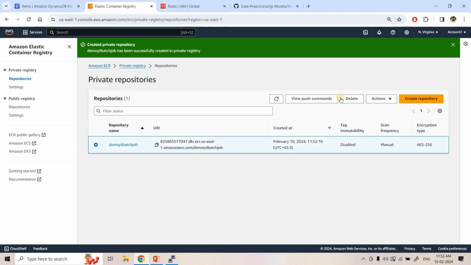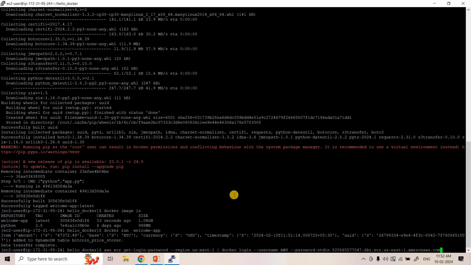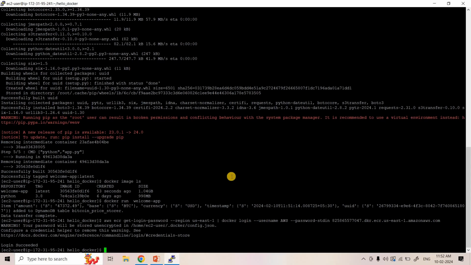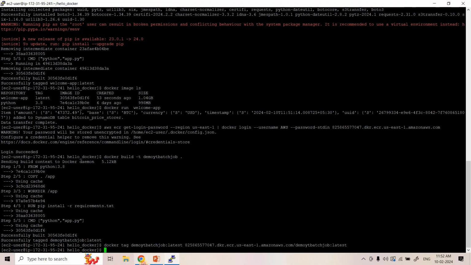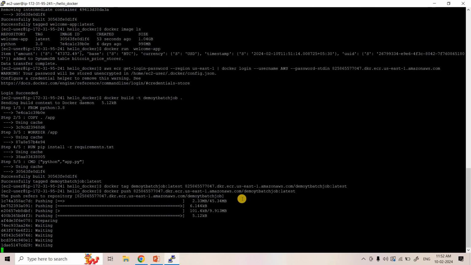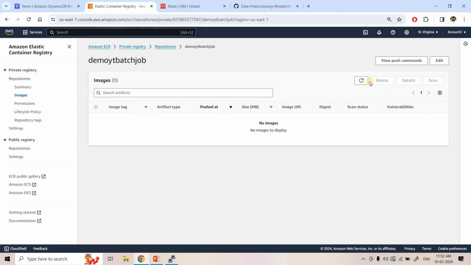and here if you click on this particular repository, you will be getting the push commands. So this we need to execute. First we will do login, and then as part of the next step we will again execute this build command once, and it is done. And then we will be doing proper tagging, and as part of the last step we will push this particular image to AWS ECR. Okay, it is going to take a few seconds. Let's wait for that. Till then I can go inside this repository to see whether the image is pushed or not. Here you can see it is not yet pushed because the image push operation is in progress.